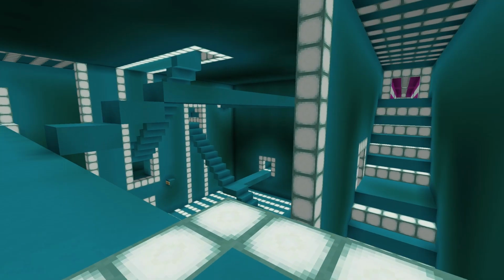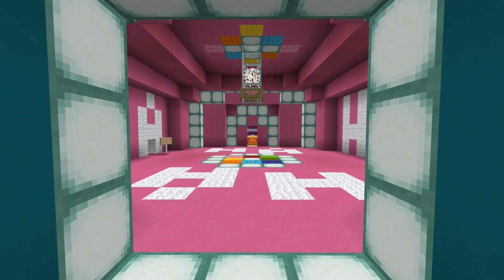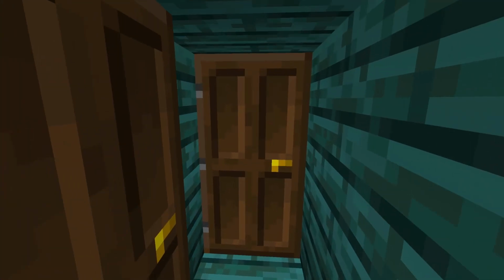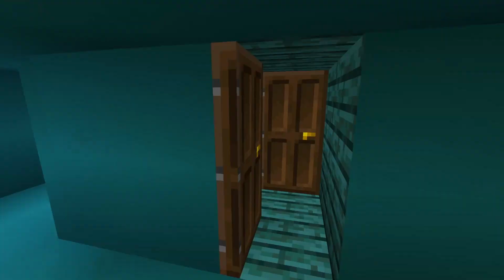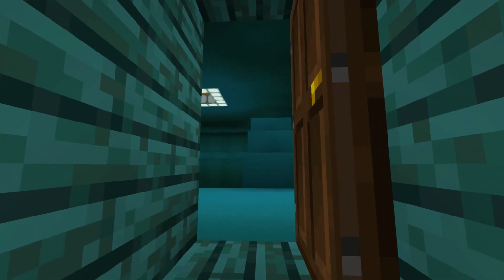Cyan has many paths, from blue, pink, magenta, itself, doors. This one's a one-way connection, I actually forgot that. Doors again, but this one is a 2-way connection,